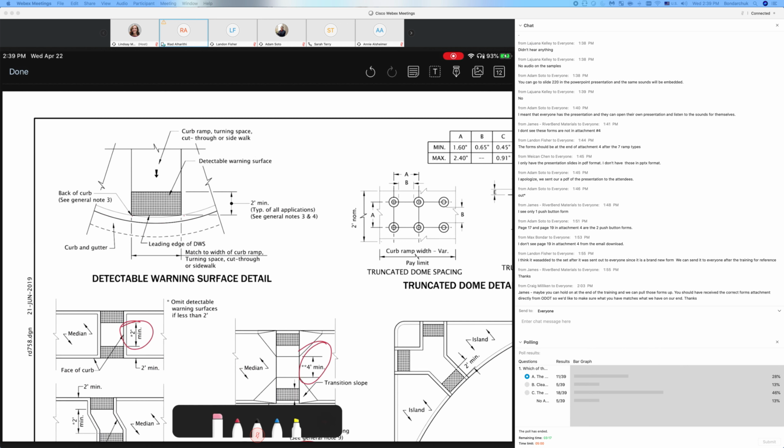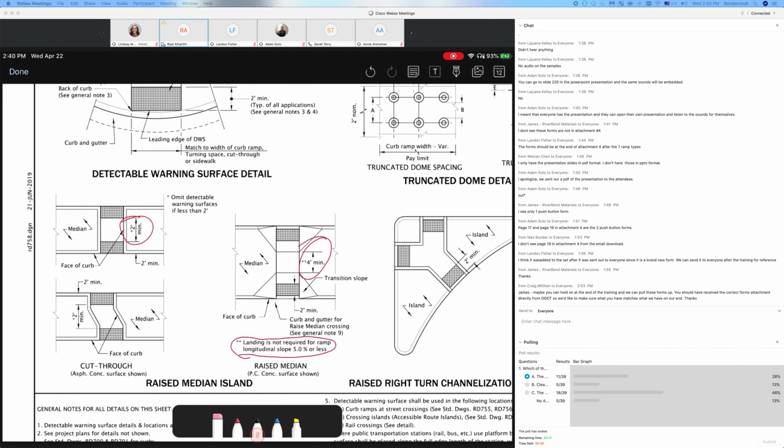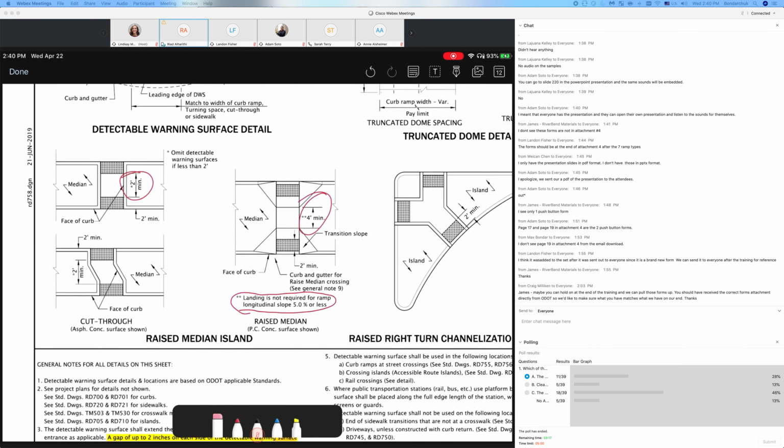So you may find this in smaller local agencies' projects and so forth, but if you find them on ODOT, you will have at the time to talk to the engineer. They're all radial truncated dome, so the 2 inch gap is not acceptable. And here's repetition of what we talked about in the cut through island. You need to have 2 feet minimum between the truncated dome and